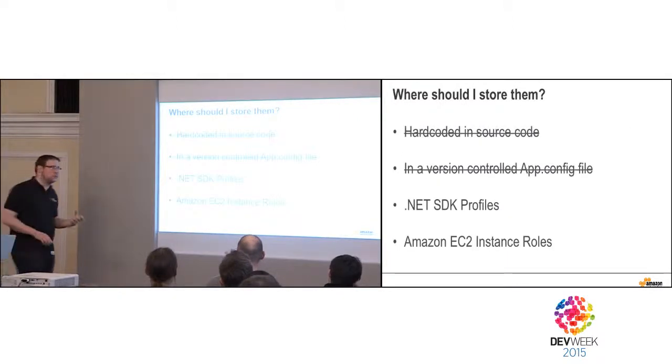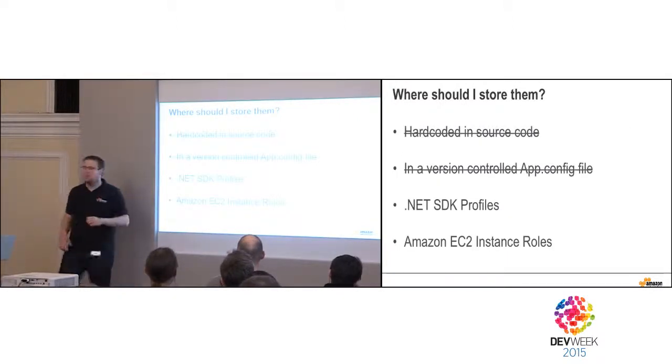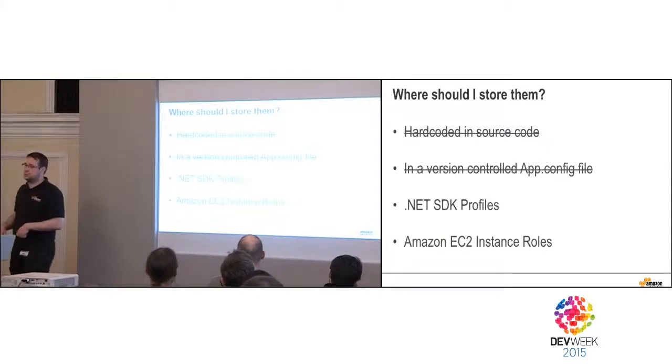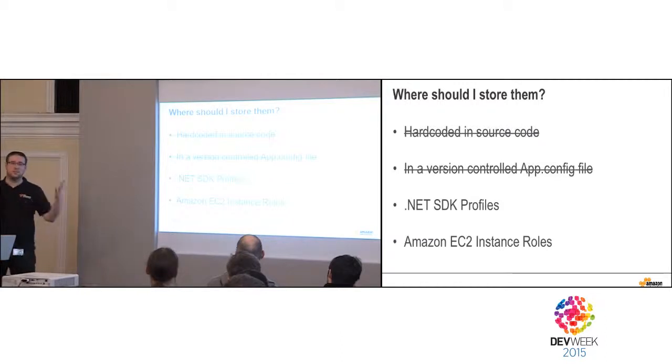So you want to store these credentials. Two things you don't want to do is to hard code the credentials in your code, because that's just a bad idea. Because one day or another, you'll make a Google search, you'll share some snippet of code, you just put it on GitHub or something. And one of the two first options, which is hard coding the code or something like an app.config file, is something that will be posted on GitHub one day or another. And you don't want to have something that is made public because basically it's making public the keys of your data center. So you want to have something that is really easy and really fine to manage.